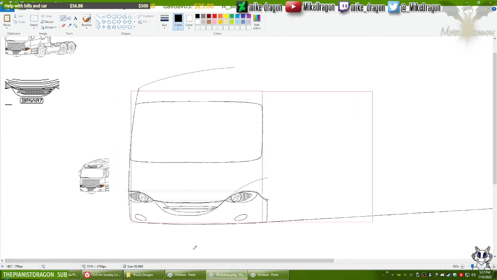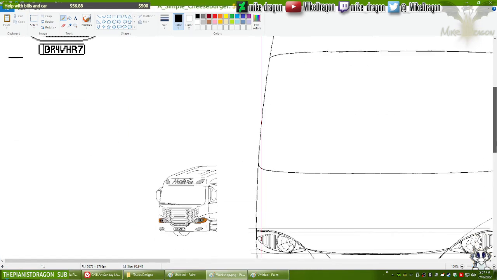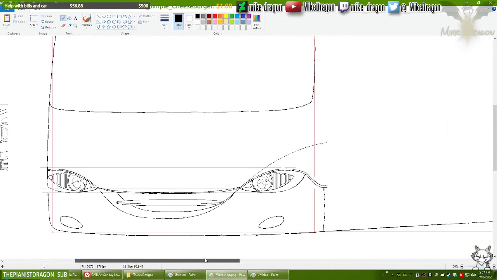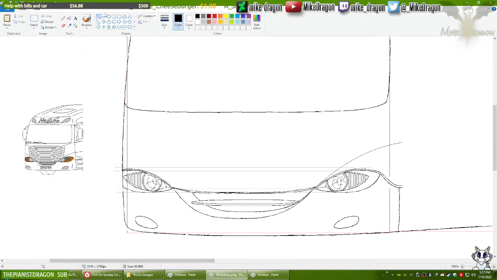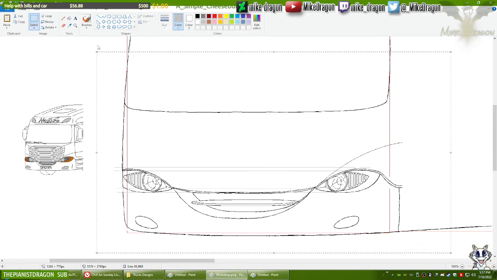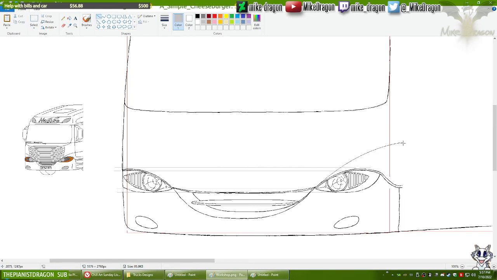Alright, so let's see. Let me see if making this little detail line on the other side is gonna help me visualize the proportions here a little better.